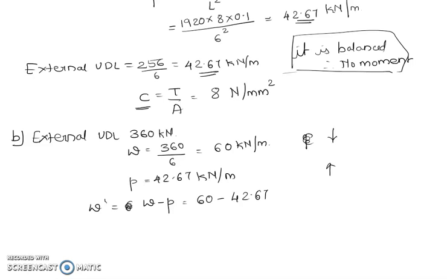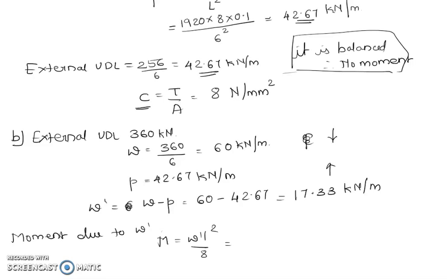Till it is 42.67, it is balanced. So we need not do anything, there won't be any movement. But this extra load, which is equal to 17.33 kilonewton per meter, is going to create extra movement. So this moment has to be taken care of, or we have to find out the stress that will be generated due to this particular moment. So now the moment due to W dash